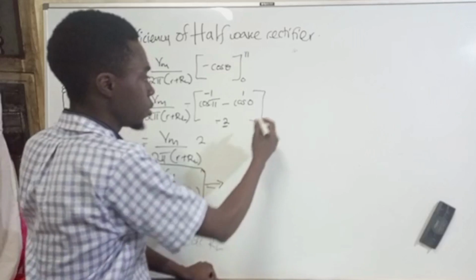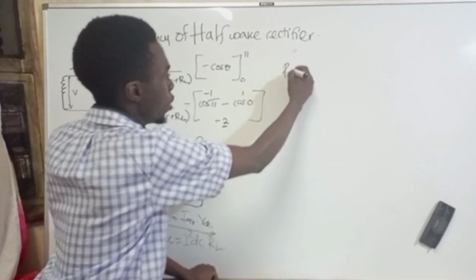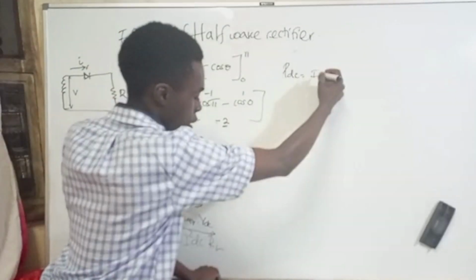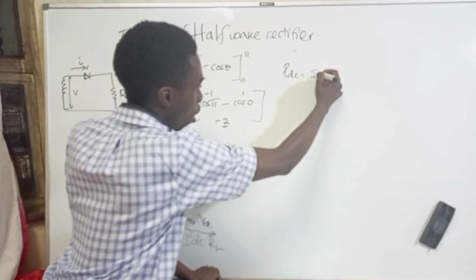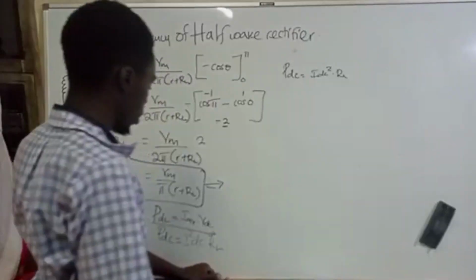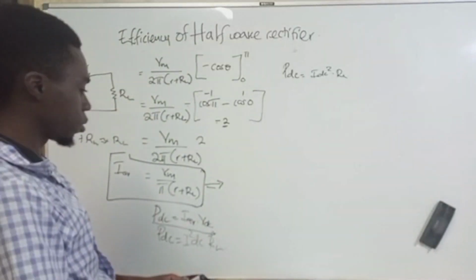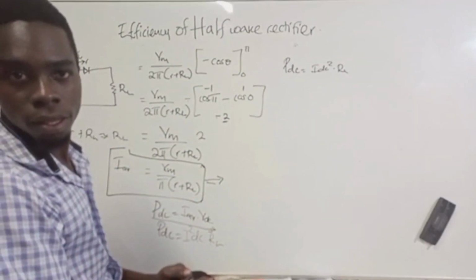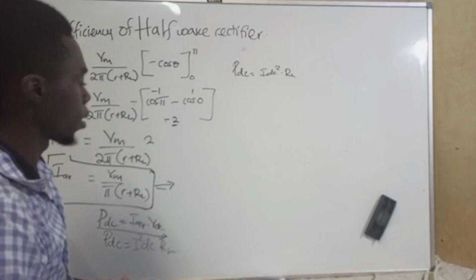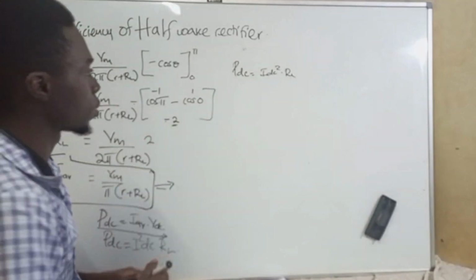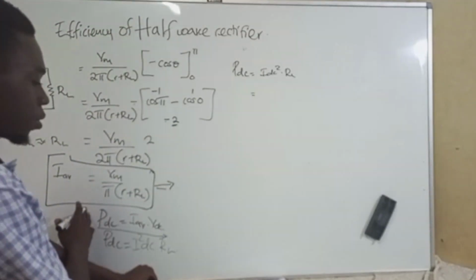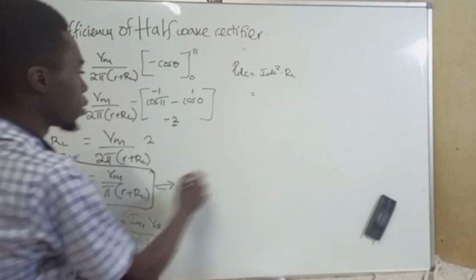So from this equation, my P DC is going to be equal to I DC squared times R L. Substitute for these two equations in this particular equation. So we shall have our I DC. Our I DC is what we got here, which we got as Vm over